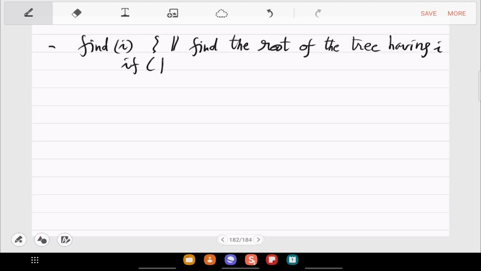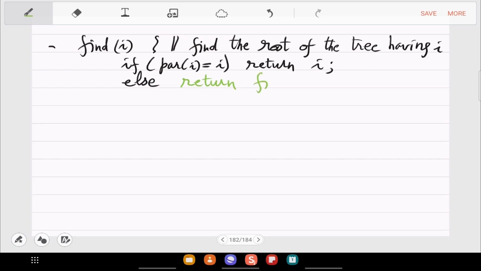So if the parent of i is itself, then you have found the root, so you return i. Else, what should you do? The key code here is a recursive call, right?